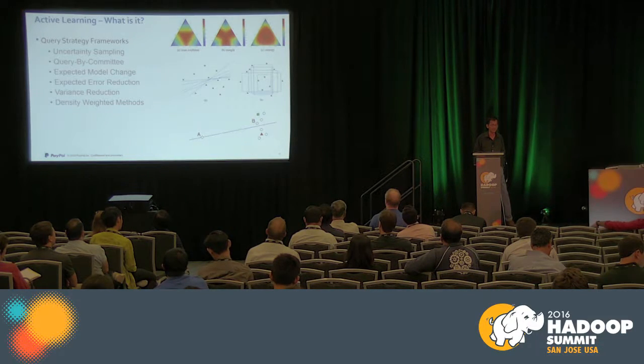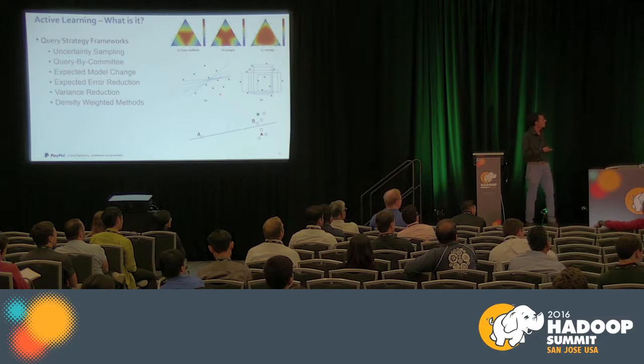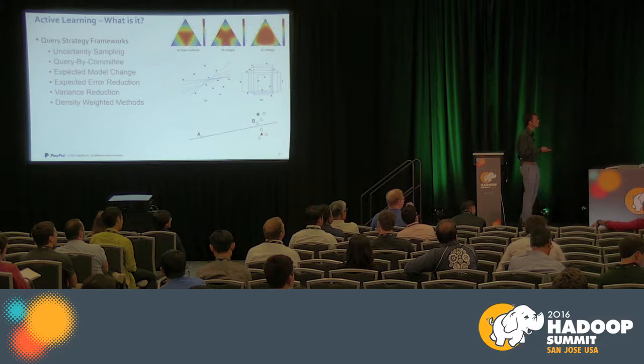It's actually neither belonging to this nor that. So the density weighted methods actually... sorry, I'm pointing, thank you. If you look at sample A, for example, this is in the middle. It's probability 0.5. Uncertainty sampling will select this, but density weighted methods take into account the distribution of these data